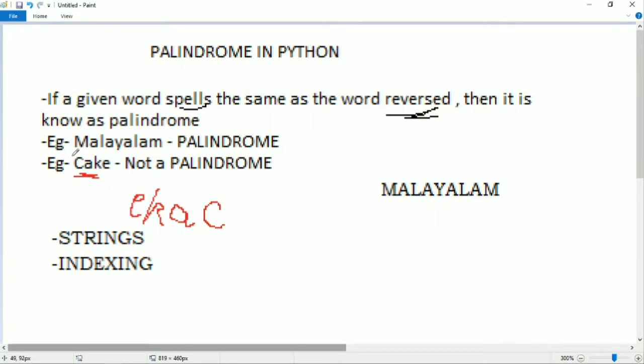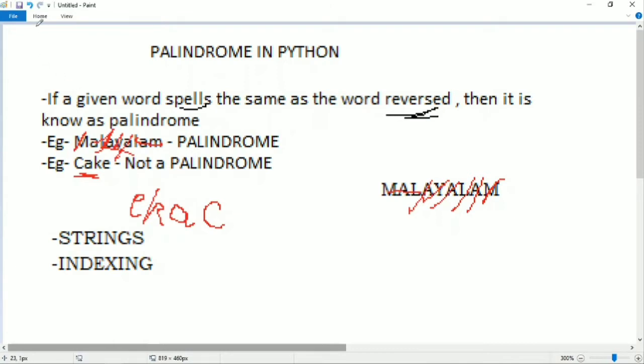So now let's see another example where we have got Malayalam as our word. So the first letter is M, and let's check the reverse. Let's check from the other way around. So the first letter is M, the second letter is A, the second letter here is A, the third one here is L, the third one here is L, then it goes with A, the same thing is visible here, the same thing is visible with Y, the same thing is visible with A, and the same M is present at the end and start of the word. So that means the word Malayalam is a palindrome. It's as simple as that.